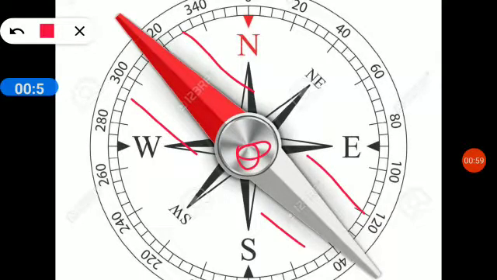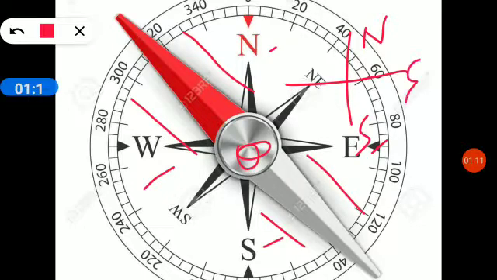It is enclosed in a small aluminium box having a glass top. The base of the box is marked with directions, and this is your direction: north, east, south, west. How do we show it? We show it like this. This is north, opposite is south, east, and this is your west direction. The ends of the compass needle point towards the north and south direction. The magnetic compass is used to find the magnetic north-south direction.